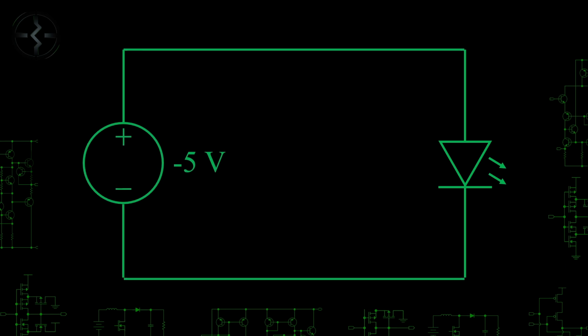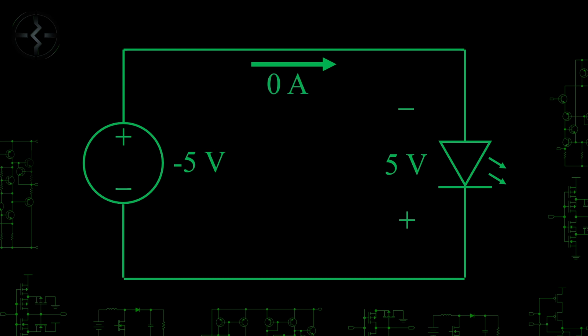Note that diodes have a polarity to them. The triangular side is the positive side, also called the anode, and the side with a line is the negative side, or the cathode. When you apply a negative voltage across a diode, that is to say that you reverse bias the diode, then the diode will be in the off state, and it will not allow current to flow